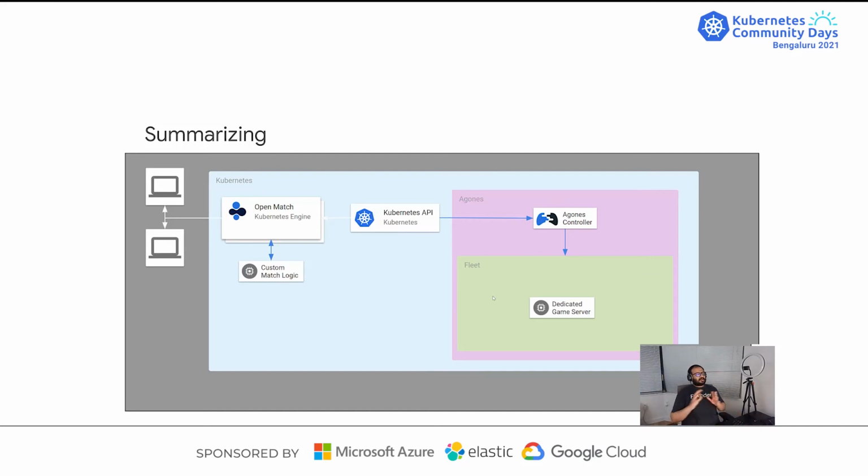So this is 100 times better than managing that from scratch. The best part of Kubernetes is you can have more controllers. You can write your own custom controllers. The Agones controller comes with a lot of benefits in terms of managing the fleet, managing the dedicated game server, and essentially passing that information back. OpenMatch, Agones, and Kubernetes will help you to build a multiplayer game server, which is highly scalable in nature with a low amount of maintenance.